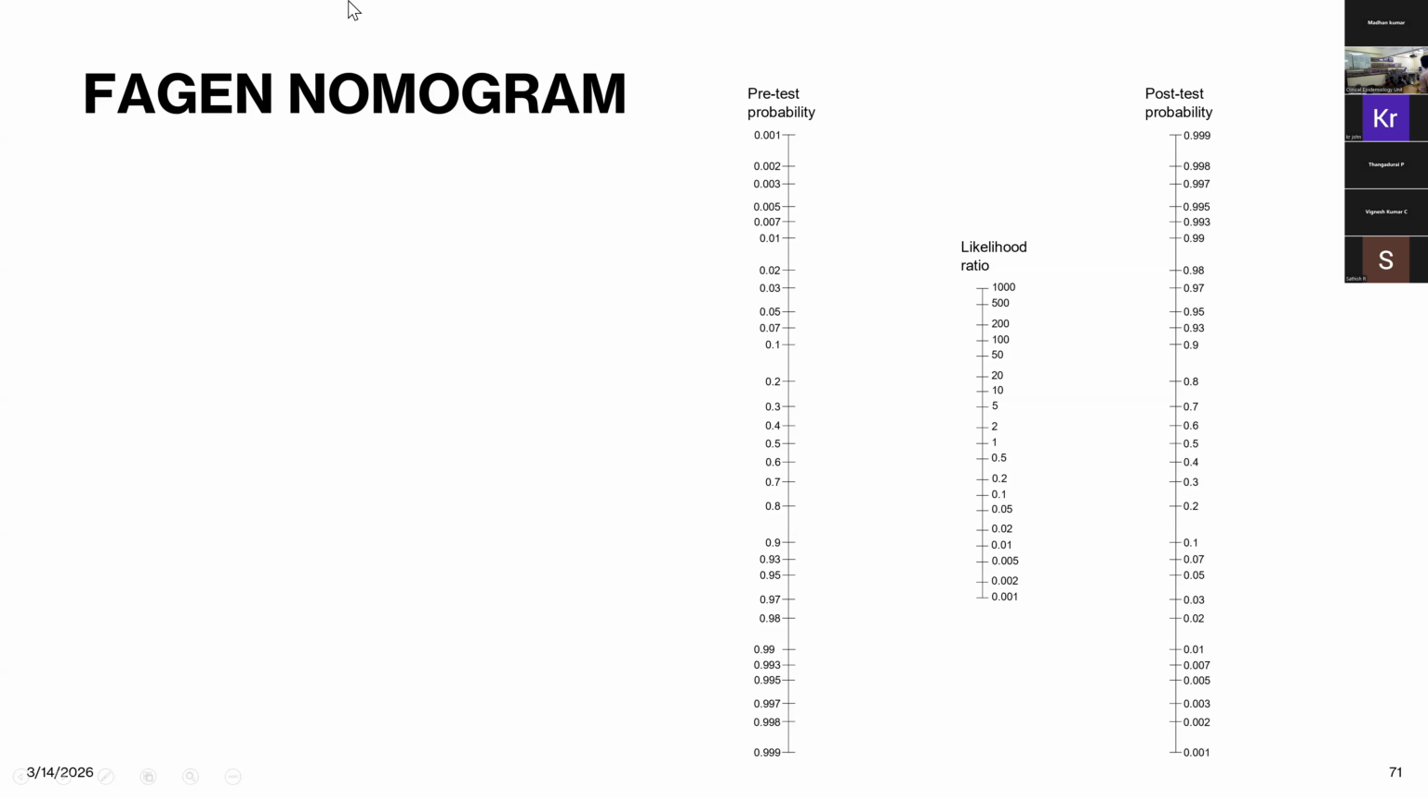20%. Any other? 5%. So for my scenario, I have taken a pretest probability of 20% and taking the positive likelihood ratio to be around 5,